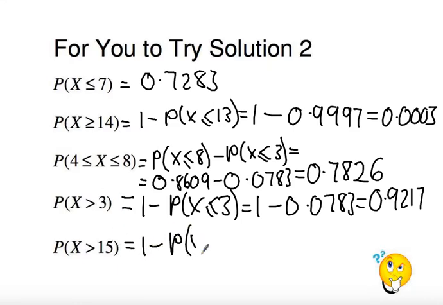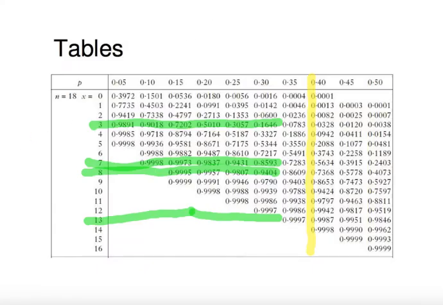1 minus probability x less than or equal to 15. If I go to my table, let's have a look at my table, get a highlighter pen. If I come across to 15, you're going to see something strange happens. So come across straight, oh, there's no reading. Well, the reason there's no reading at this point is because what this is saying is actually we've got